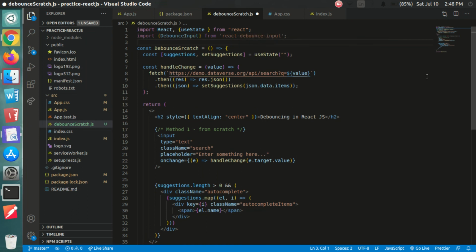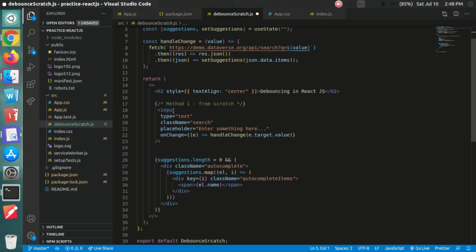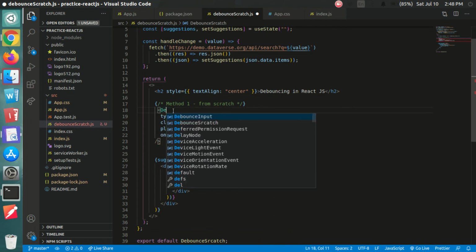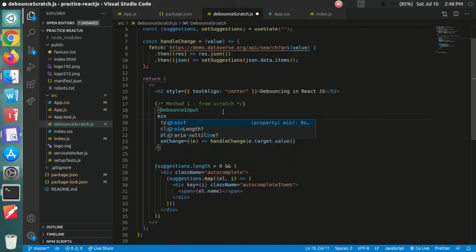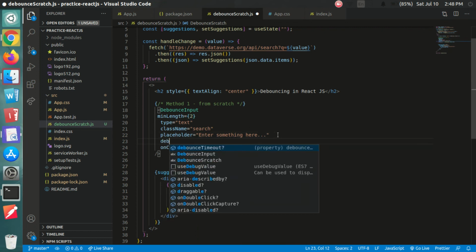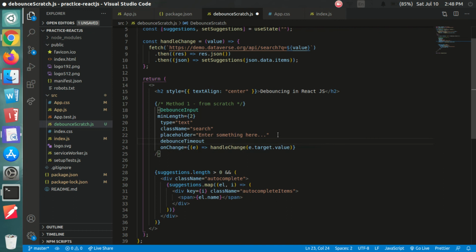Now instead of using our normal input tag, we have to use this debounce input, and now we have to provide some extra things. Let's say minimum length equals 2, and let's say we have to also provide the debounce timeout. So our debounce timeout will be same as in previous case, 500 milliseconds.